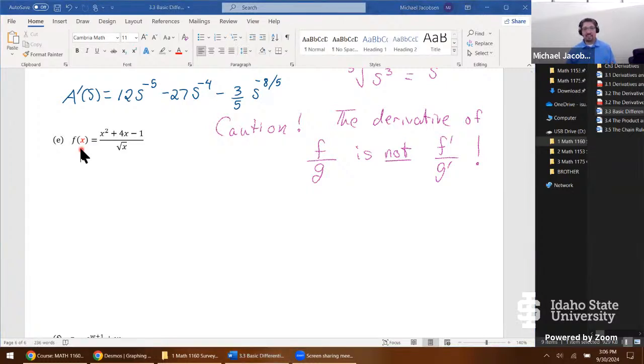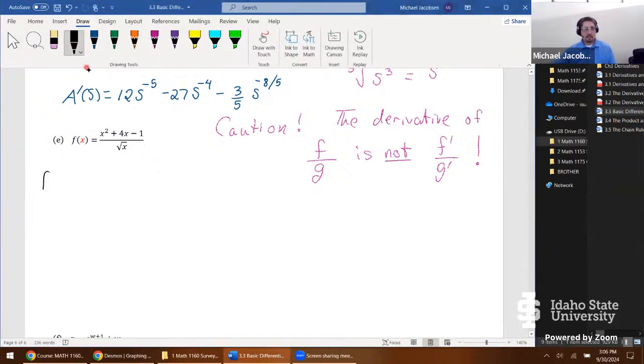So with a quick correction, if this is our function f of x, we can now say f of x is also equal to, take that denominator of root x, it divides into all three terms above. So it's now x squared divided by root x plus 4x divided by root x minus 1 over root x. Now we have several things we have to correct here. For example, well, we now have three functions that are type f over g,